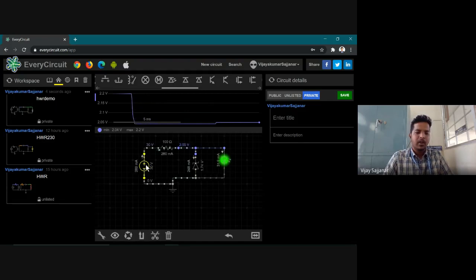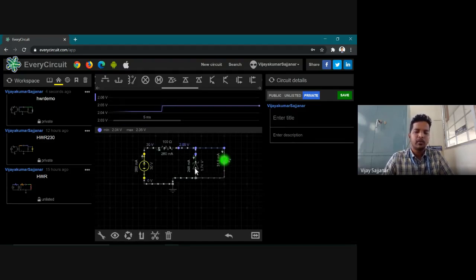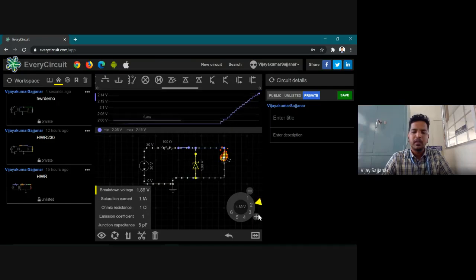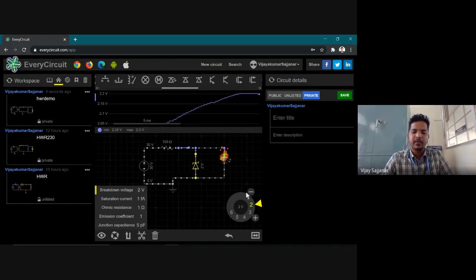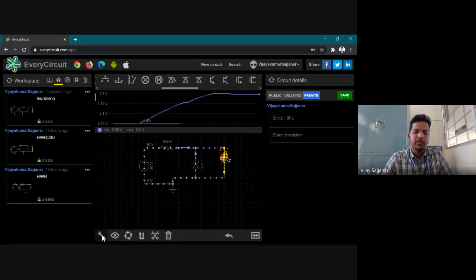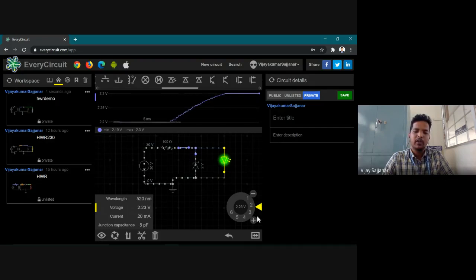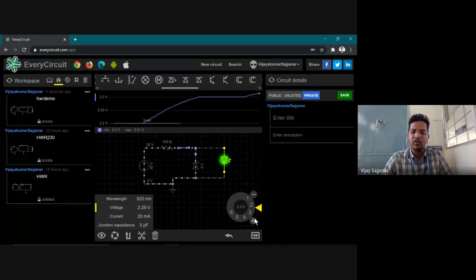This is a very large voltage. The diode requires 1.74 volts. Let me make this a whole number. We can increase the capacity of the diode also, just for observation purpose. Instead of 2, see what is the rating at which it will not burn out. Okay, 2.23. Again, let's make it a whole number, maybe 3.